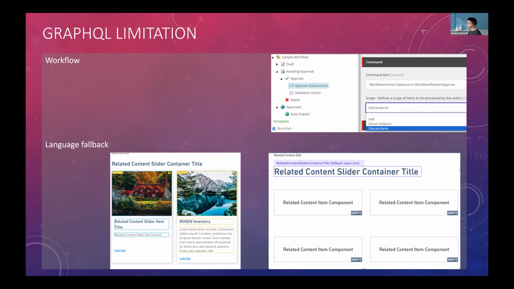The only thing that I could do is create a script that goes through the presentation details, parses all of the data sources, and creates a new item version for the target language. I didn't find any way to handle that directly in Sitecore pages.